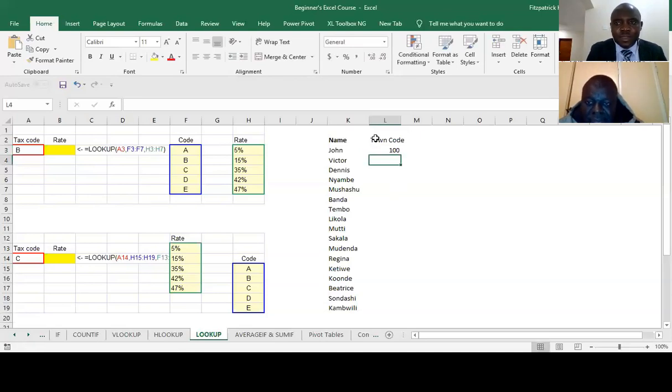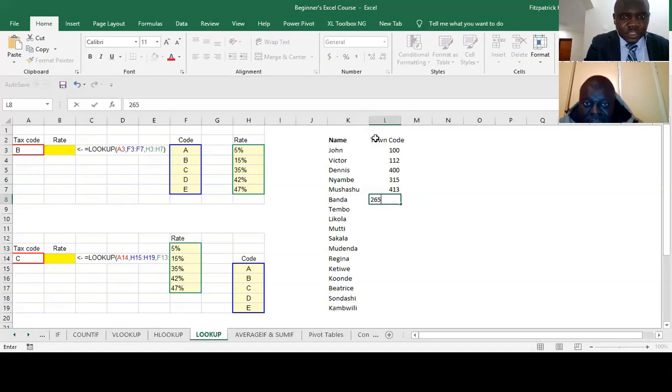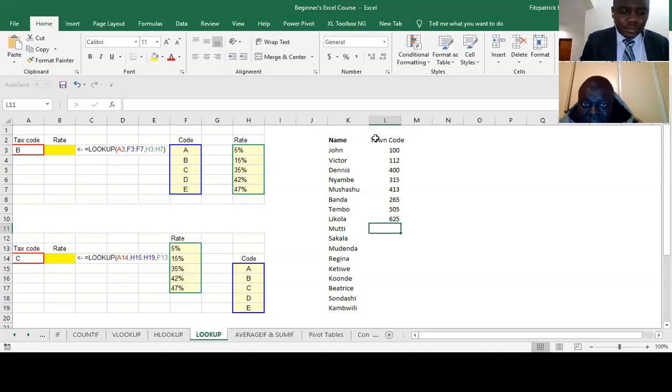100, 112, 400, 315, 413, 265, 505, 6.5, 10, 117,